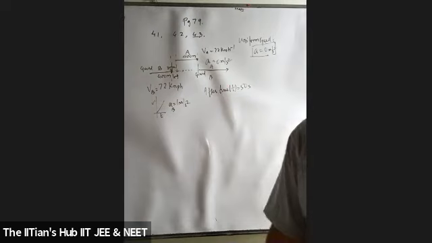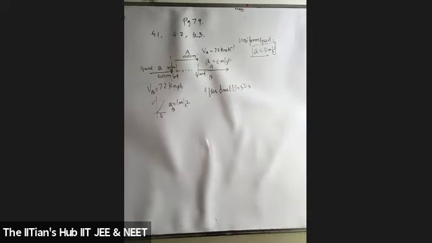Sanjana, carry on. So first of all, I did that we can apply the S is equal to UT plus half AT square formula for both A and B. So for B, the distance covered in 50 seconds would be 2250 meters, and for A it would be 1000 meters. So the initial distance between them would be 1250 meters.